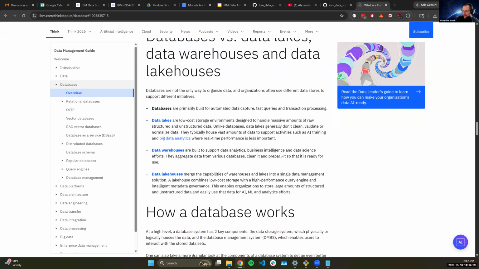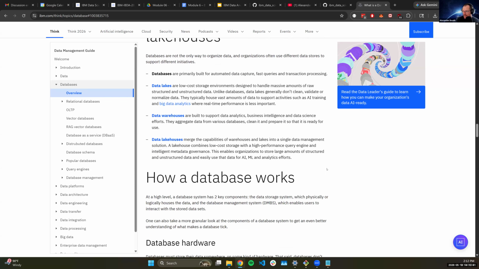And then yeah, here we go. We touched a little bit on the differences of data lakes, data warehouses, and lake houses. Data lakes allow us to store any bit of information. It's typically not cleaned, validated, or normalized, but it also allows us to store unstructured data, specifically text and video.